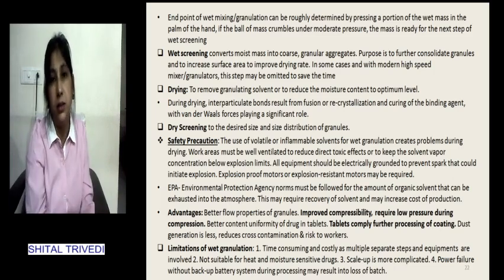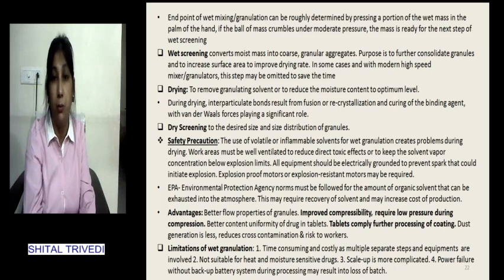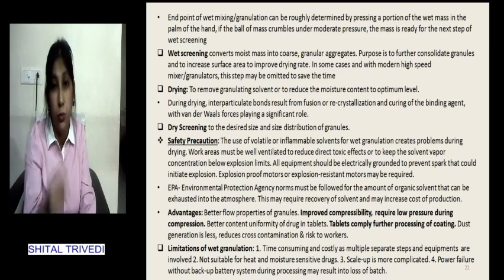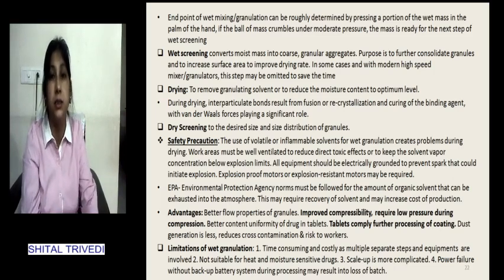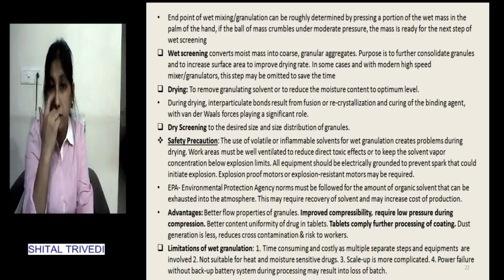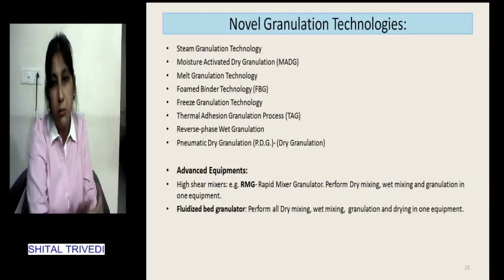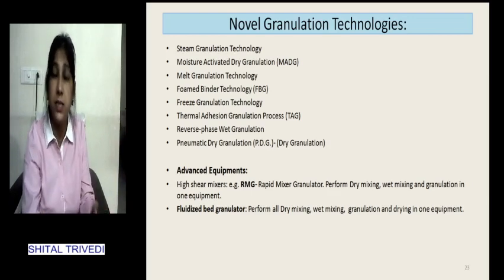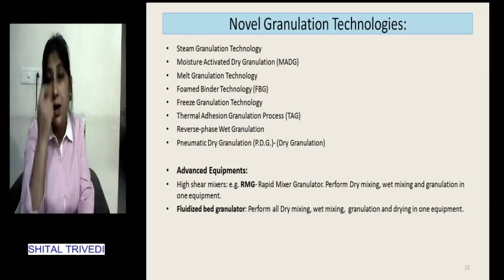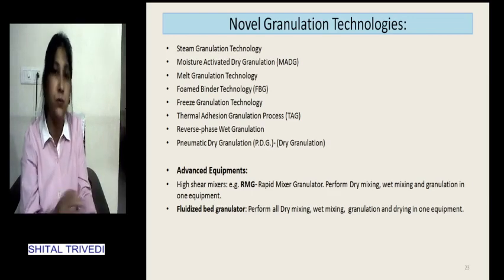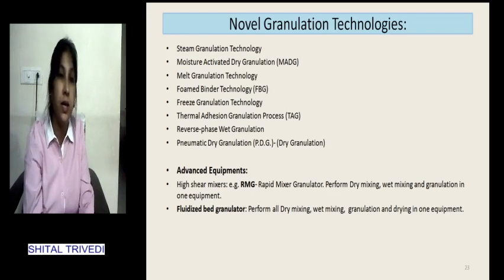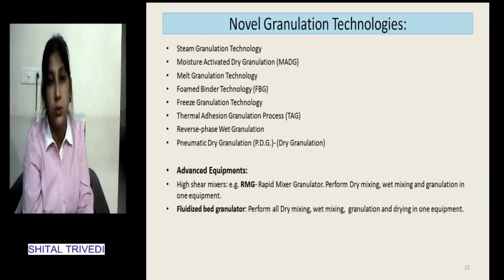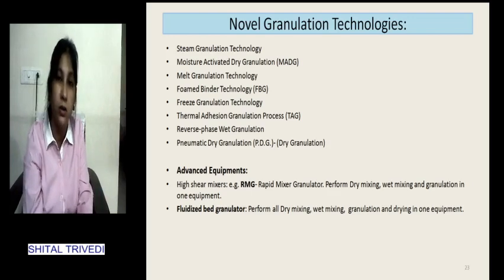As this method involves very critical unit operations, the number of variables is also more. So the scale up is difficult and complicated in the wet granulation method compared to the other two methods. To minimize the time by minimizing the steps required for wet granulation, and to minimize material transfer from one equipment to another, there are innovations in wet granulation technologies, even in dry granulation technology. Like steam granulation technology, which involves the use of steam instead of liquid water for the wetting purpose.